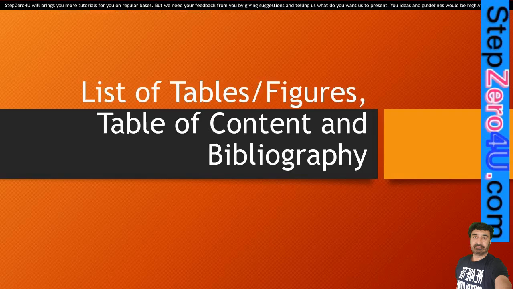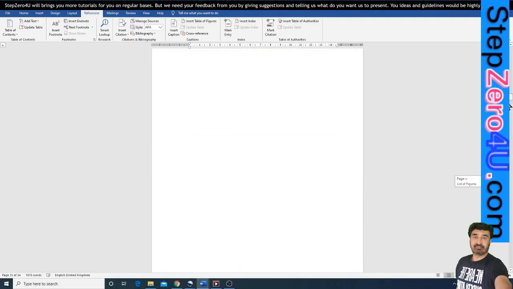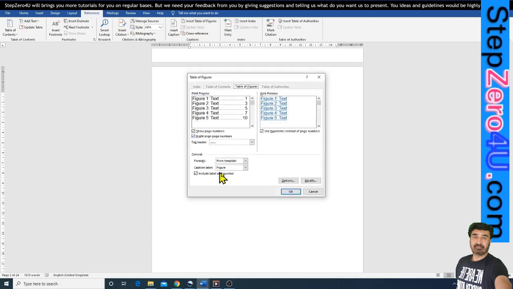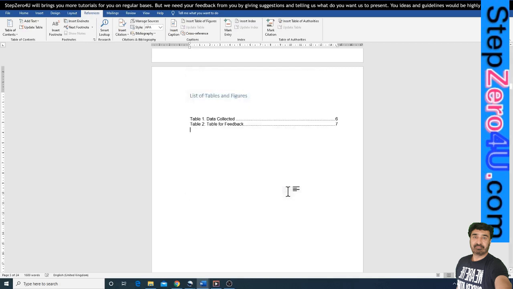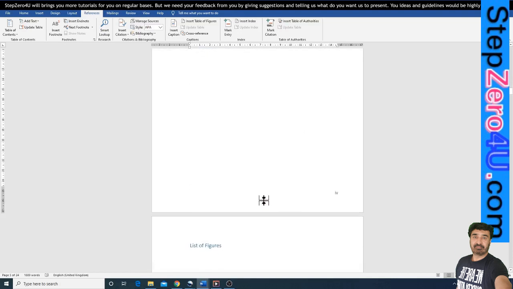This is the final part of this tutorial. In this part we will generate list of tables, list of figures, table of content, and to generate that we will click on the list of tables page and then go to References, click Insert Table or Figure List, select Table, uncheck Use Hyperlink instead of page number, and then we have our